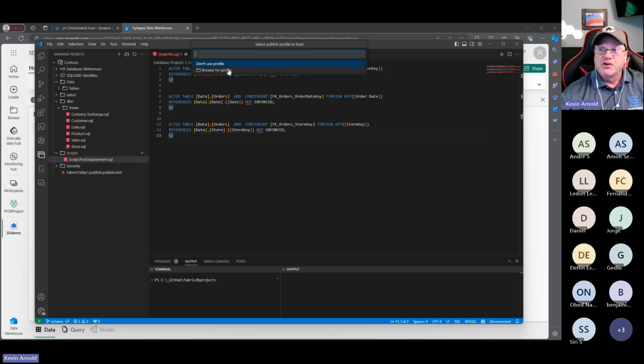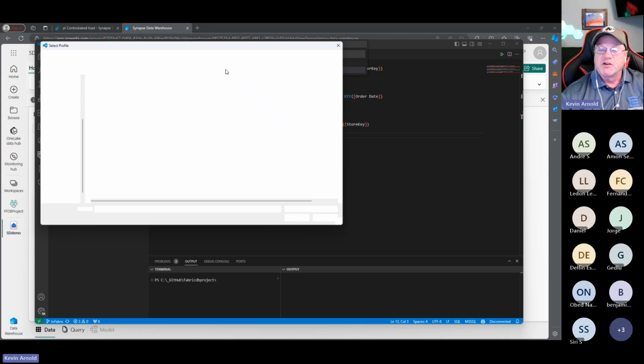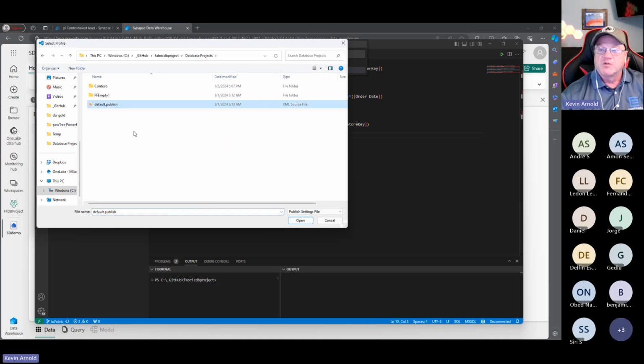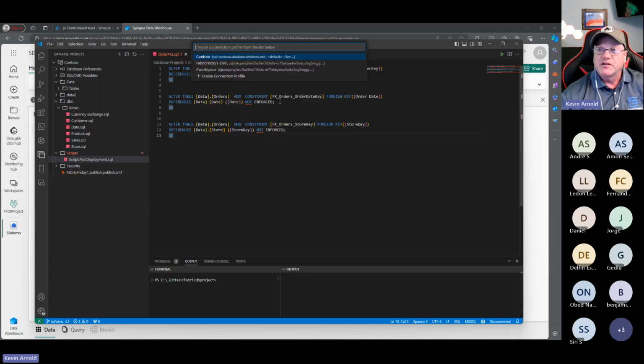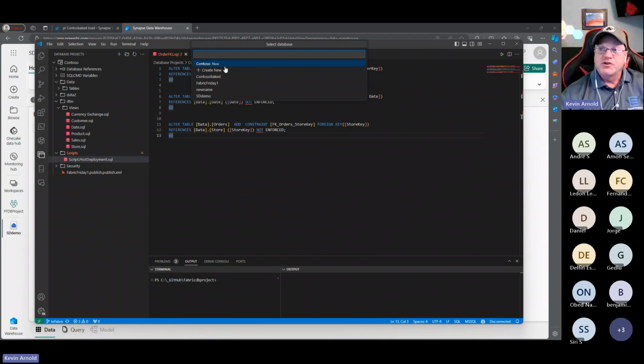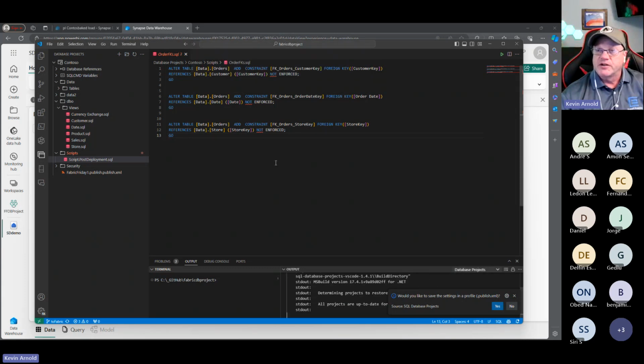I'm going to tell it to publish to an existing SQL Server, and browse for a profile. I like this one. I don't know why I don't just move it to the right place. I have a connection string that is just to my overall Fabric Friday workspace, and that's what that's doing here. It's asking me which database I want to do that to. Oh, it actually picked up the new name already. Sometimes it didn't pick up the new one for me. That's why I produced the one called SD demo. I want it to go into that database, and I'm going to tell it to generate the script.